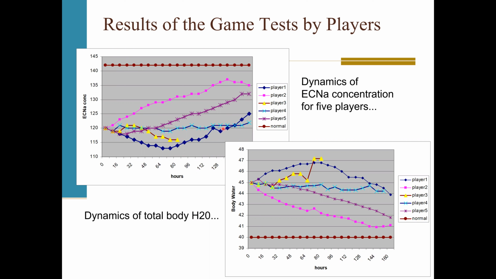So you can see how different players' simulation results look like. Player 4 did not change the blood sodium concentration noticeably. Player 3 decreased it. Trials of players 2 and 5 seem to be the most successful ones, right? But then player 5 continues to increase the blood sodium concentration, which seemed to be a good thing. However, player 2 couldn't sustain the elevated level towards the end of the game. So, I mean, it's a dynamic situation, of course,